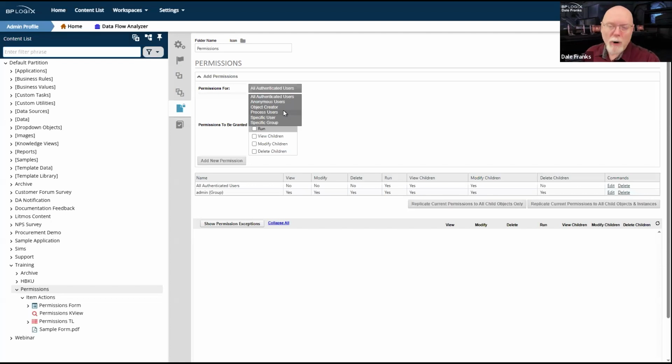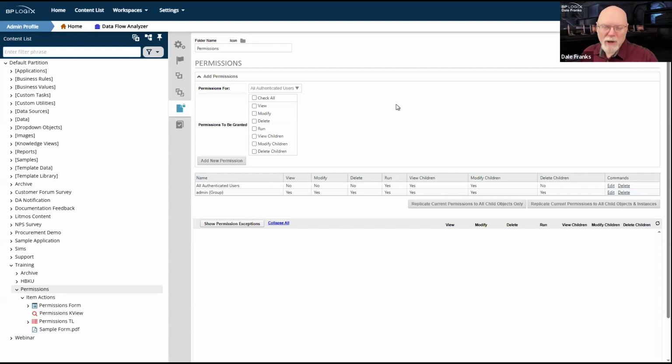If they do participate in a process, they will have those permissions during the period of time that they are actively participating, which is to say they will be granted temporarily while I'm a member of the process users class. I have a task assigned to me, and as soon as that task is complete, I'm no longer a member of process users, and thus I lose all of those permissions.